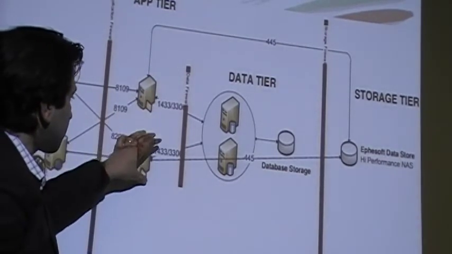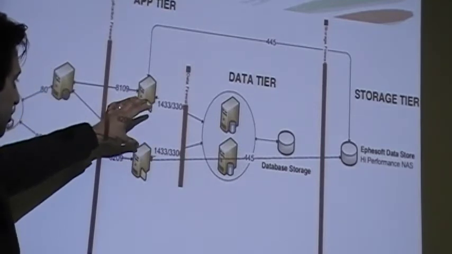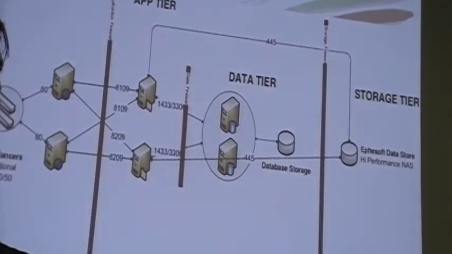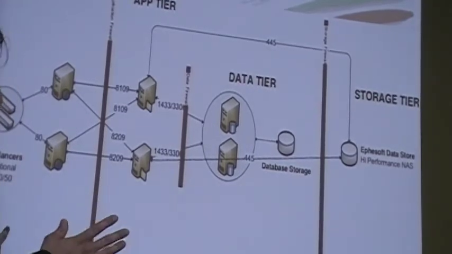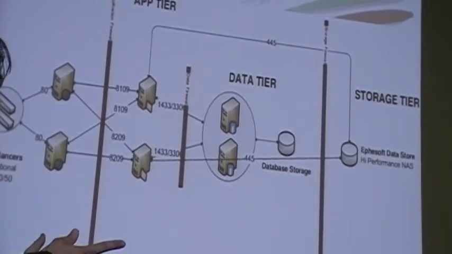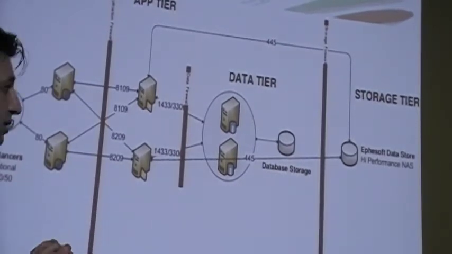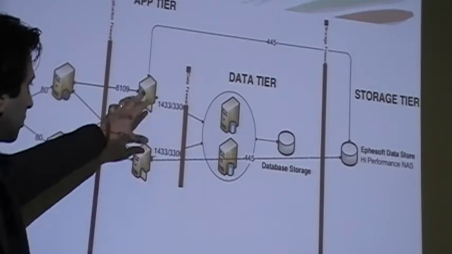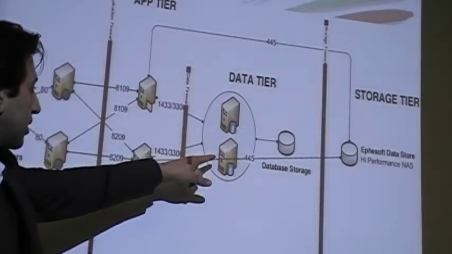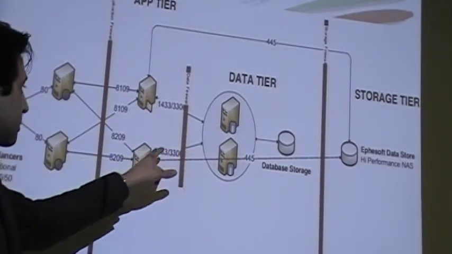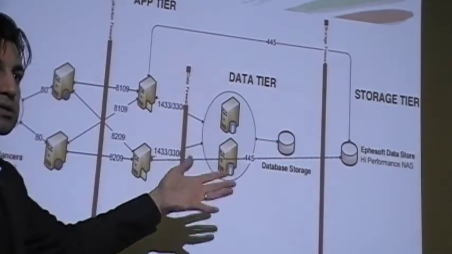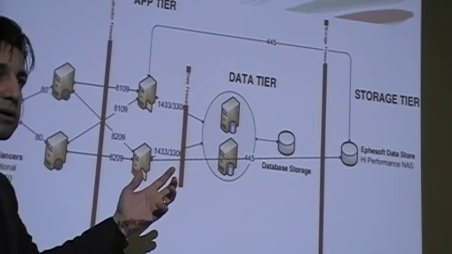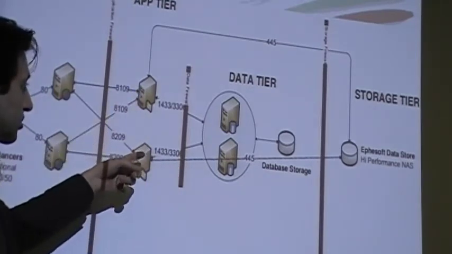And here the Ephesoft servers, you can put as many as you want. And the key is you have to have at least 2, because if one goes down, the business needs to survive. The main idea is that you cannot have a single point of failure in this case. So all the servers are asking the database, okay, what's my next job? And then once they learn, they go to the file share and start processing the TIFF files or PDF files, whatever. And then they share the load.